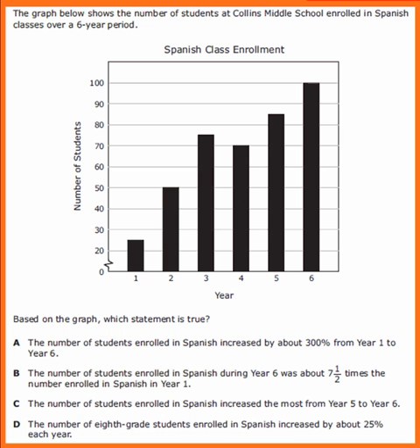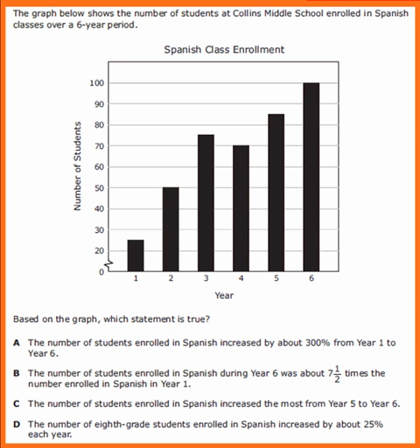First thing to look at is the graph to see if there's any information you need to be aware of. What I notice is that between 0 and 20, there is a little squiggly to represent a broken graph, meaning that there are numbers between 0 and 20 not accounted for. So the interval between 0 and 20 is different than between 20, 30, 40, 50. It goes by tens after the 20 point. So you need to be careful that the visual representations may be slightly different from what's described in each